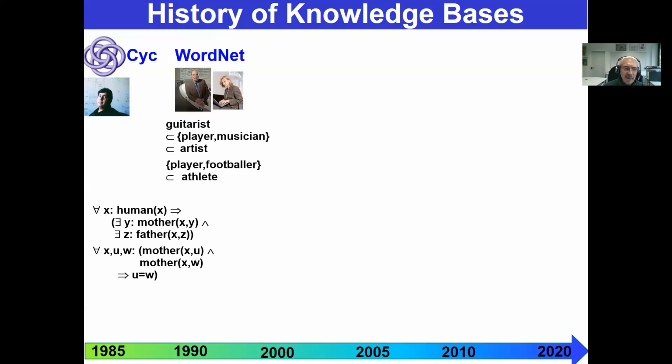In parallel, Miller and Fellbaum, computational linguists, came up with WordNet, where they modeled words and word senses, capturing both synonymy as well as the opposite, homonymy, where the same word, like player, can have different senses depending on context. And they modeled specializations and generalizations in a taxonomic concept space. Both of these were completely handcrafted endeavors by small teams, so they were inherently limited in scope and scale.